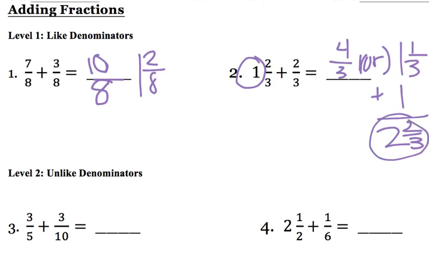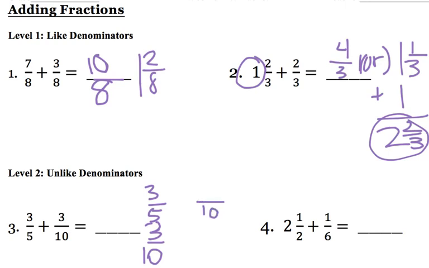Okay, so for number 3, since the denominators are different, you find the least common multiple, which is 10. So 3/5 plus 3/10. Sorry for the messy handwriting. Okay, so to get from 5 to 10,